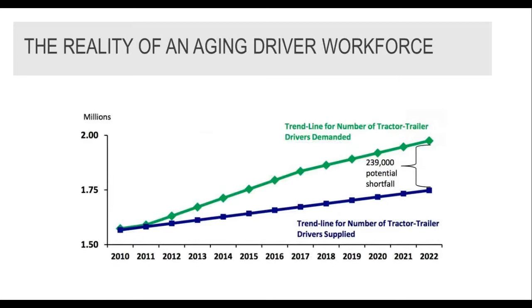Our next topic is talking about the reality of an aging driver workforce, and really how do you balance dealing with that reality as well as recruiting and bringing in newer, younger drivers. Statistics are showing on a very rapid basis that there's an ever-growing gap between the drivers that are out there and available for work and the demand that is generated by existing business. So understanding who your drivers are and how you're going to bring in new drivers